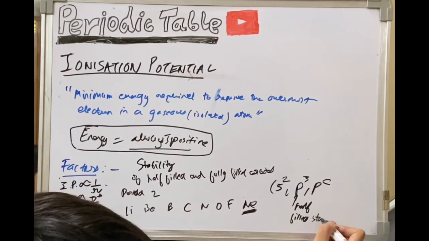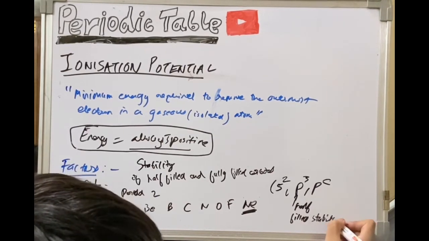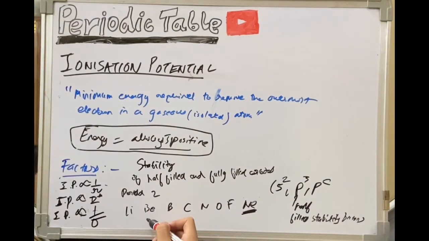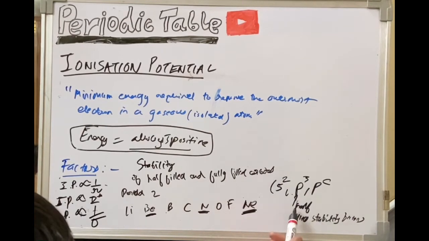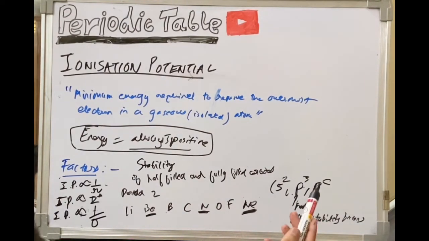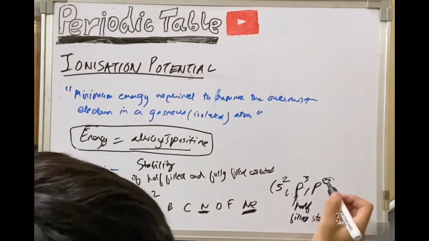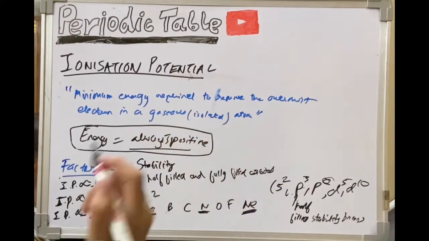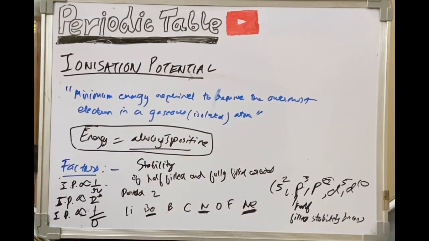Stability factor. Okay, so in this there will be, this will be stable, as the electronic configuration will be 1s2 2s2. So this will be stable, not fully stable like neon, but somewhat stable. Now here it will be p1, p2, p3. So this will also be stable because of the half-filled orbital p3, and here of course it will be stable because of p6, and this is the same for d5, d10, and on it goes like this. So the last subshell should be stable, which can be half filled or completely filled.